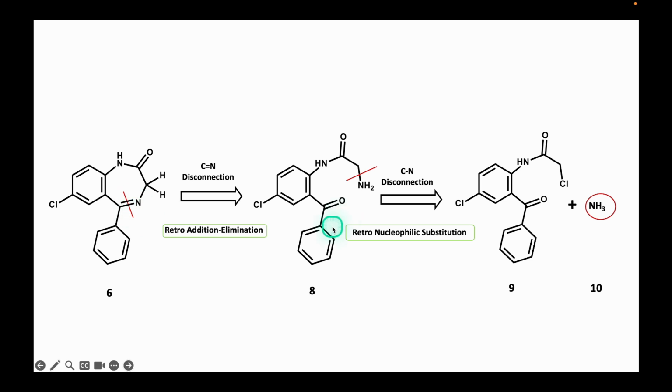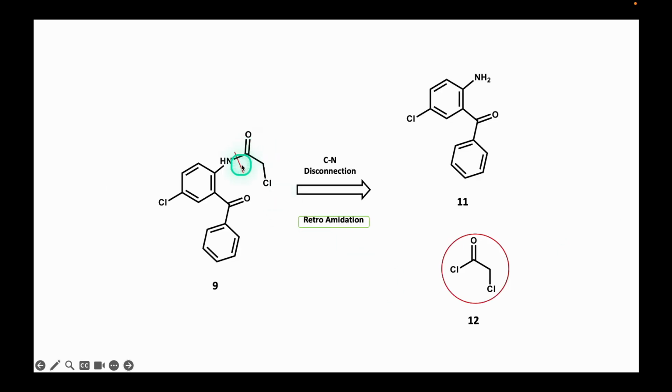The primary amino group in 8 functions as a retron, based on a nucleophilic substitution. Thus, a carbon-nitrogen disconnection gives rise to compound 9 and ammonia as a raw material. The amido group in 9 functions as a retron and a carbon-nitrogen disconnection produces aminobenzophenone 11 and chloroacetyl chloride as